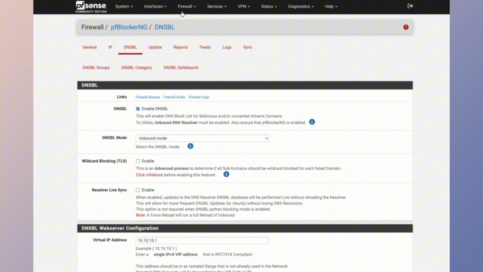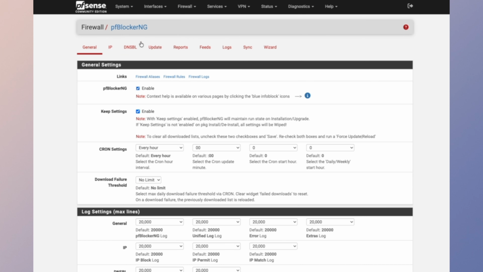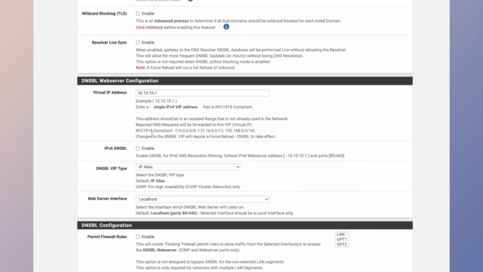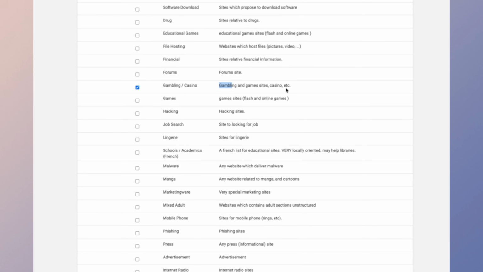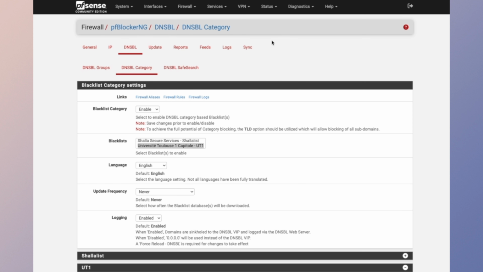When I take a look at pfSense, I see that I have a policy in place which is supposed to block gambling websites. However, a user is able to override this by manually specifying the DNS server within their network adapter instead of using our pfSense firewall as the DNS resolver. To overcome this from the administrative side, what we want to do here is create a NAT rule which intercepts all port 53 traffic and redirects it to our DNS resolver IP address, which is our LAN